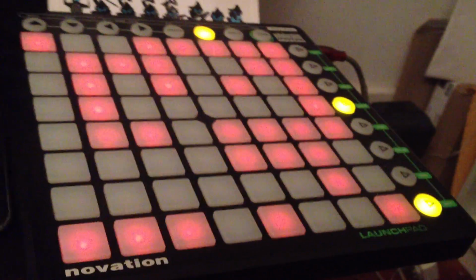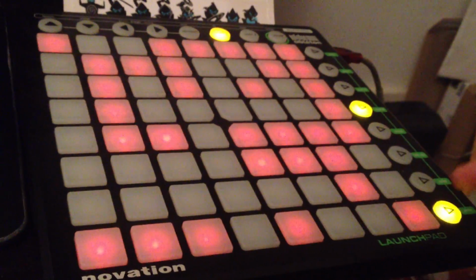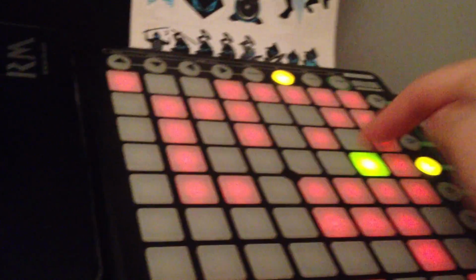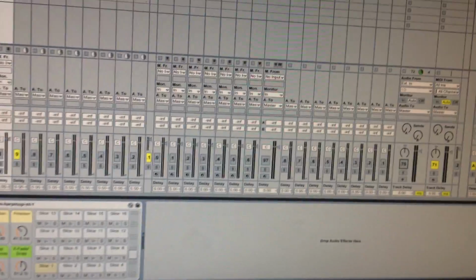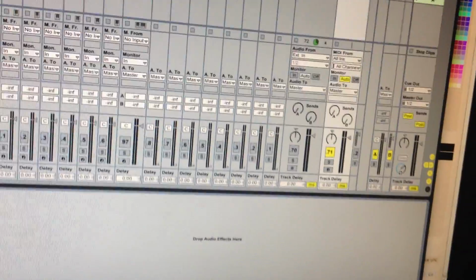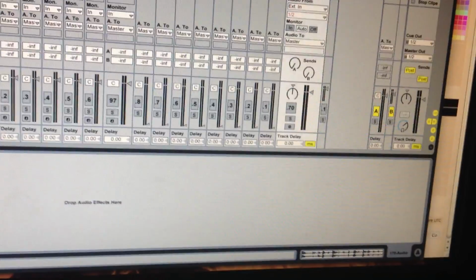Break it on down again. Let's just have a quick pause there and just take it back to Ableton so you can see how we can put different loops into the BeatByte. So over here I've got, let's get rid of that one, I've got another loop